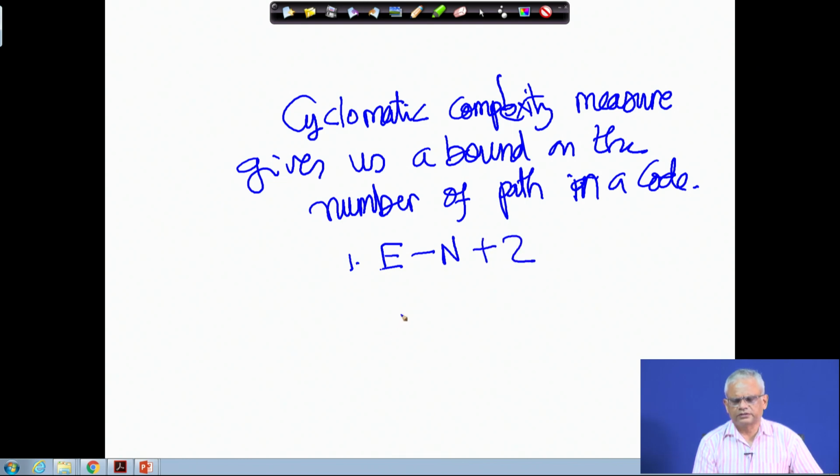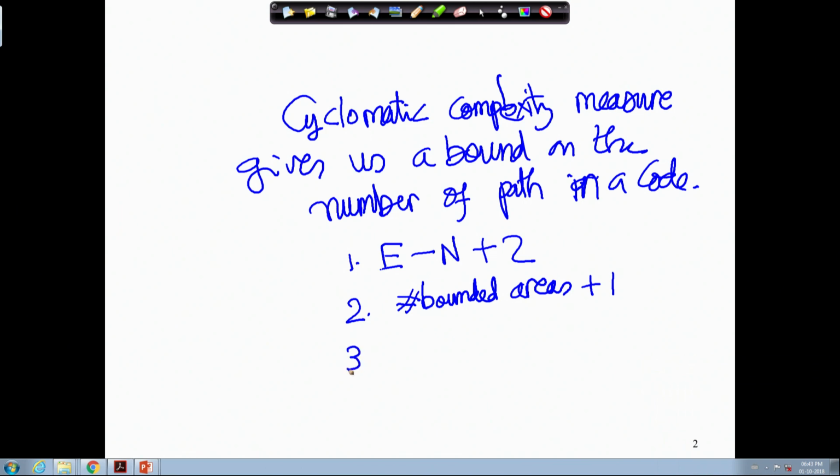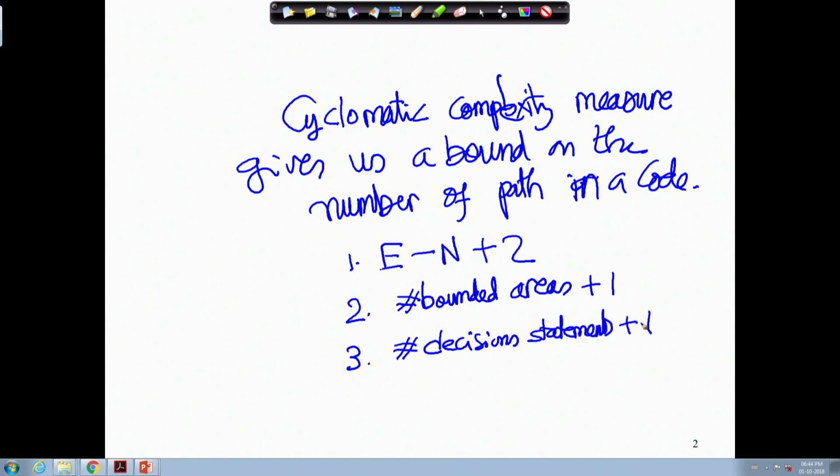So, this is the cyclomatic complexity measure of the code, and then the second way we had said is the number of bounded areas in the control flow diagram plus 1, and the third way we said is the number of decision statements plus 1, and all of them give the same number,